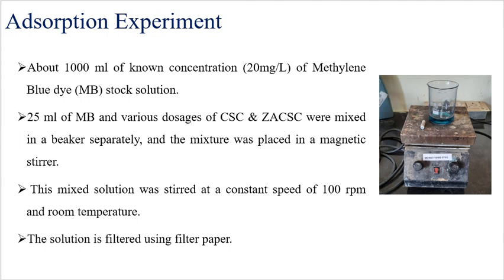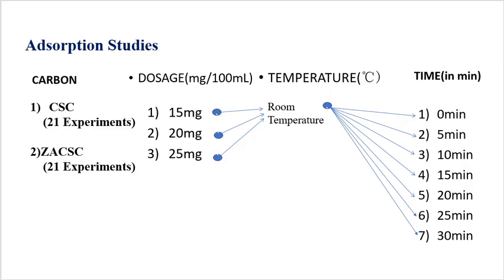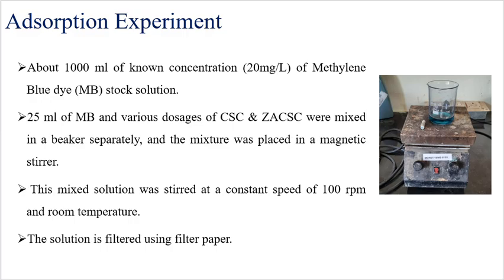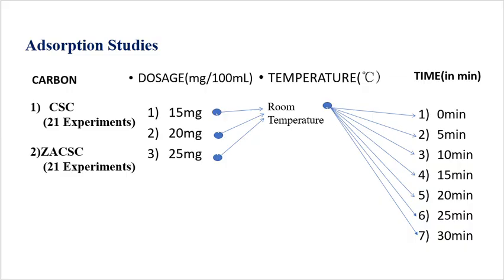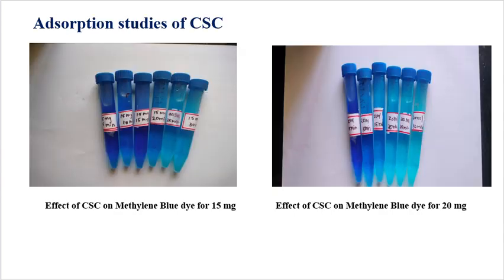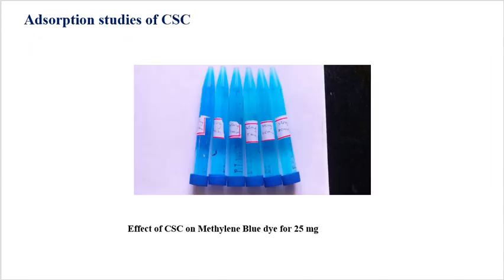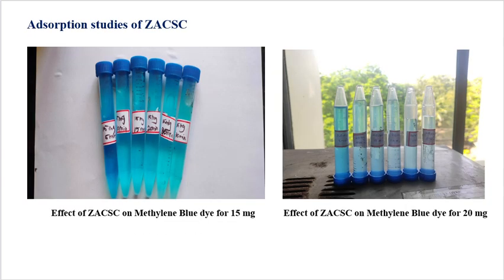And the adsorption experiment is done by taking various dosage levels of CAC and EZACC with 25 ml of methylene blue. It is put in the magnetic stirrer at a constant speed of 100 rpm, and the liquid is filtered using filter paper. The adsorption studies are done by varying the dosage levels and the time at room temperature, taking CAC and EZACC. So this is the adsorption study of 15 mg, 20 mg, 25 mg of CAC,